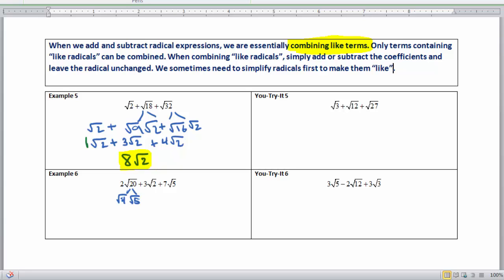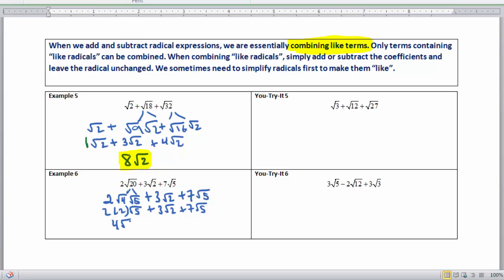So I'm writing the square root of 20 as the square root of 4 times the square root of 5, but I still have this 2 out front. And now I'm adding that to 3 square root of 2, and then I'm adding that to 7 square root of 5, right? And now 2 times the square root of 4 times the square root of 5 is really 2 times 2. And again, I'm showing all the steps here. Some of these steps could be skipped. So all I did right there is replace the square root of 4 with 2,